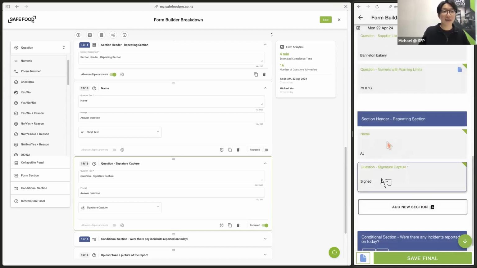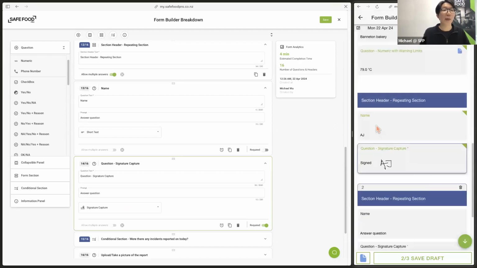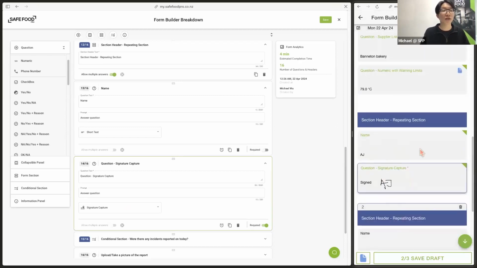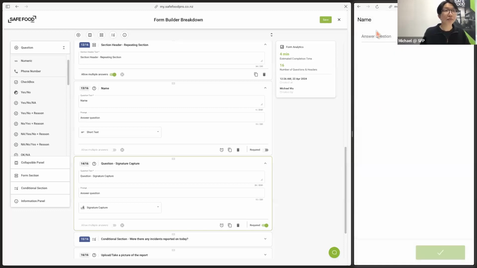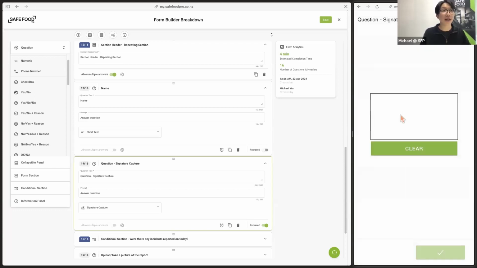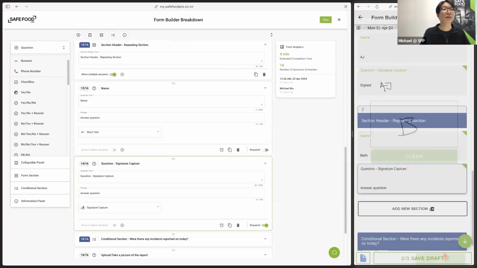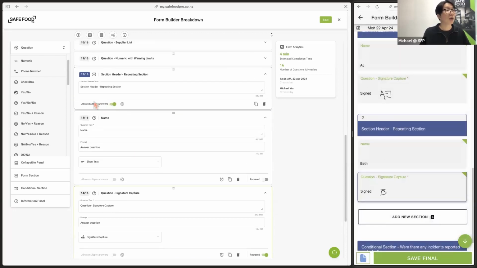But now that I've answered some questions in this section, this little box becomes active. What that means is I can add a new section, and it will allow this whole question sandwich within the section header to repeat itself. So now someone else can come in. Let's say Beth can come in and add her signature as well. The system is allowing multiple answers, and it repeats the questions within the section. This is really handy if you, let's say, receive multiple deliveries at once,